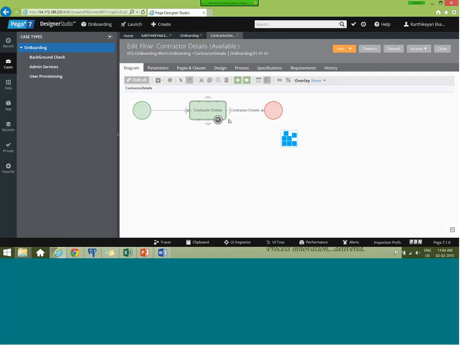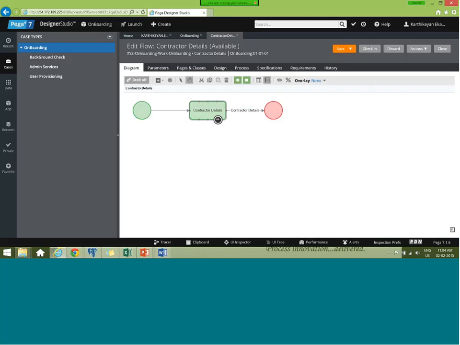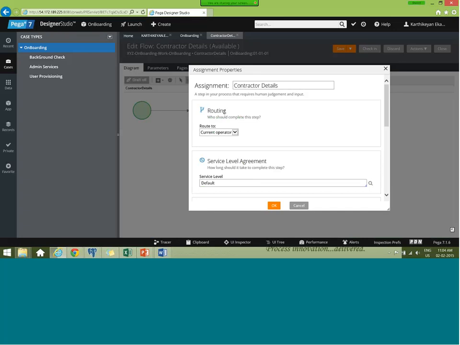So what happens? My assignment is getting created at this part. When my work object reaches this shape, my assignment page is getting created, and the assignment page depends on this routing parameter, whether it has to go to a work list or to work baskets.